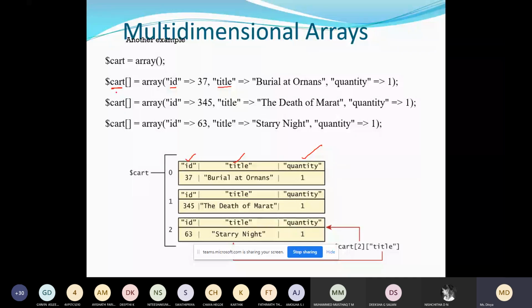This is one more way of creating a multi-dimensional array with the name card. And you can see here we are specifying the different values. So the 0th row, this is for your row 0, it will be R0. This is for R1, and this is for R3, 2. So all these are the IDs.